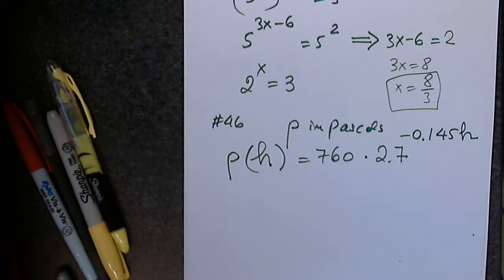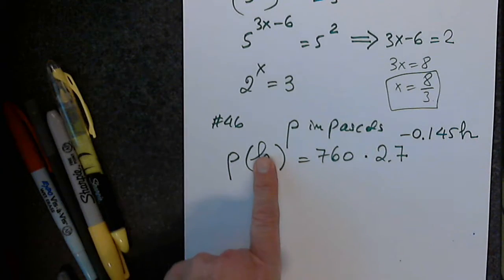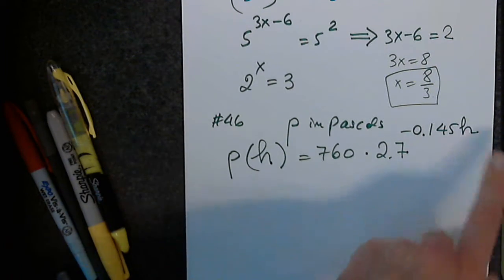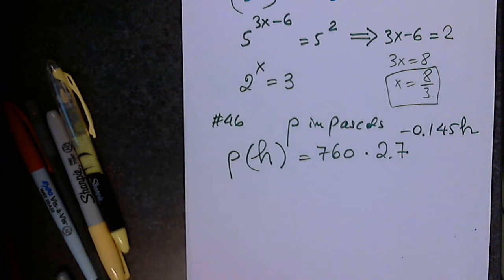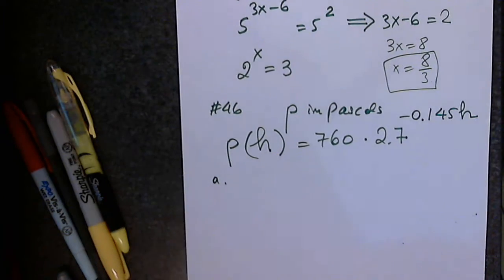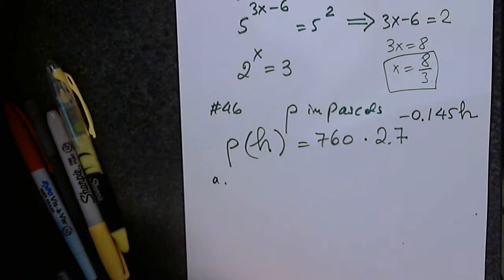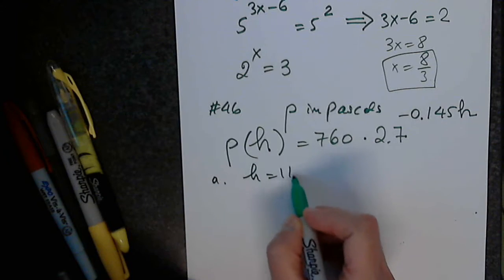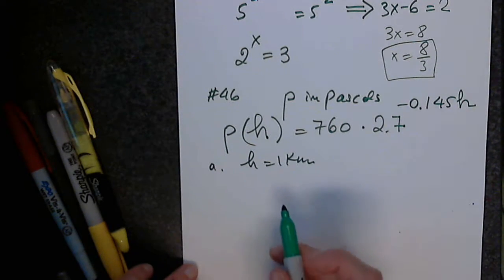So now the question is, first of all, what type of function is this? Of course, an exponential function, because the variable is at the exponent level. Excellent. Good. So let's read the question now. It says, round to the nearest tenth of a pascal. Find the atmospheric pressure at a height of 1 kilometer. Exactly. h equals 1 kilometer. So then I have to find